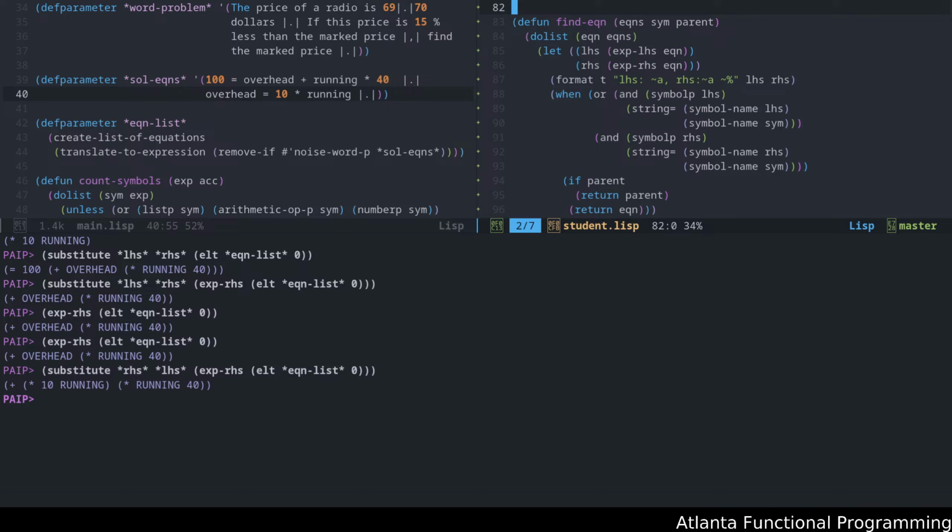And then replace by constructing a new equation by doing make expr with the parent left-hand side, right-hand side, and